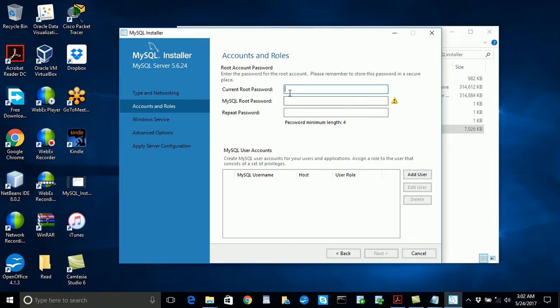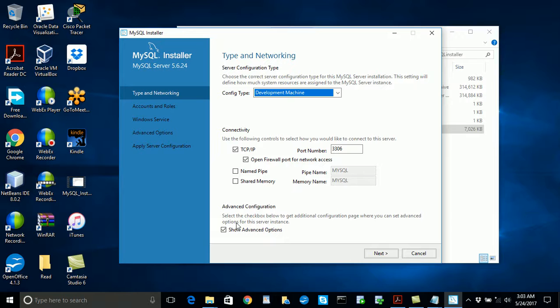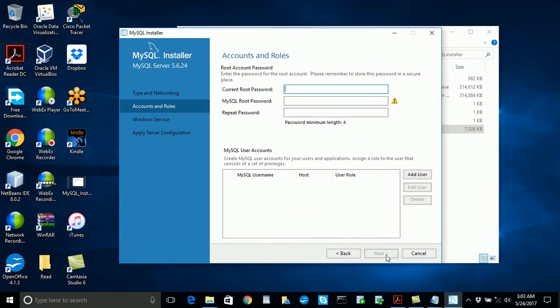So you can put the root password here, the current root password, if you want to change it and so on. You can even add some other users here, but I don't think I need that, so I can go back and say next,